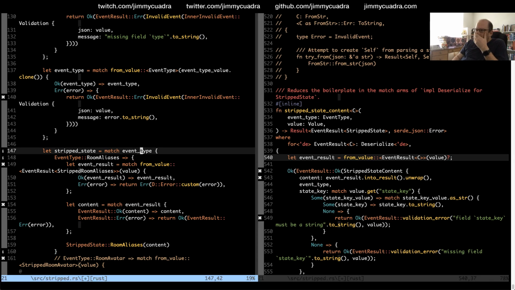Maybe... Right, because this is going to end up with a shitload of stuff for each match arm. Yeah, I remember why I did this now.